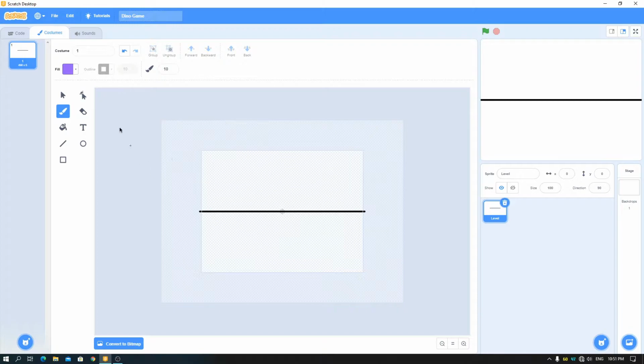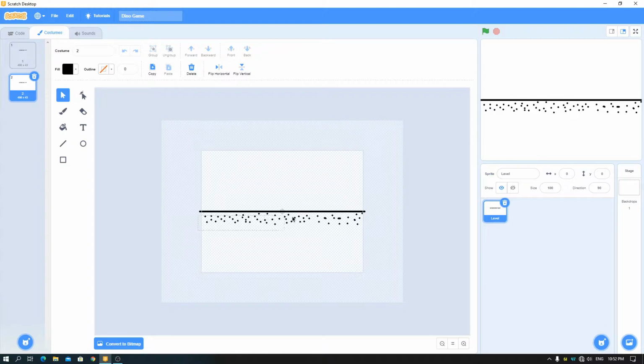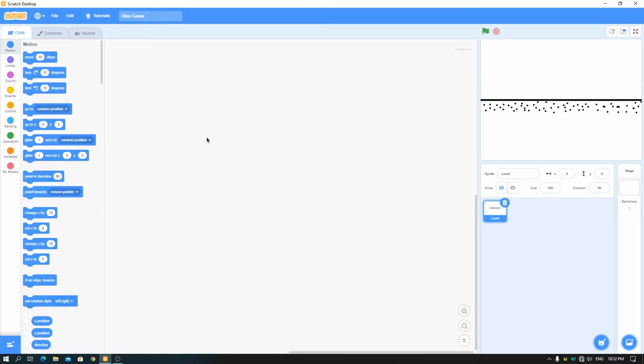and use this freehand tool to make some dots. So this is looking like a good level. Now you can just duplicate this and change the pattern a bit. I'm just doing a flip horizontal. You can make changes if you want, but now this is okay, they should be different. You can make multiple, I have two.